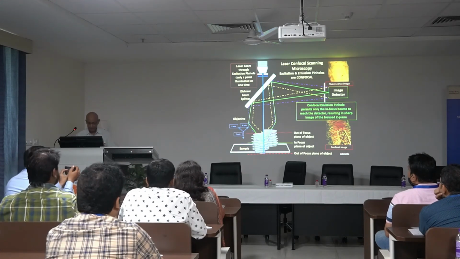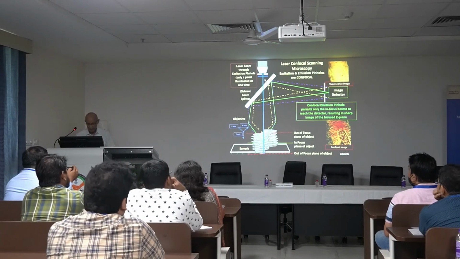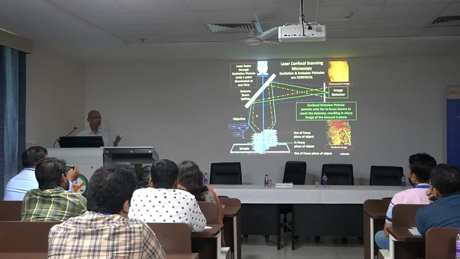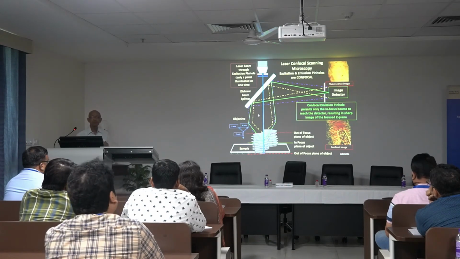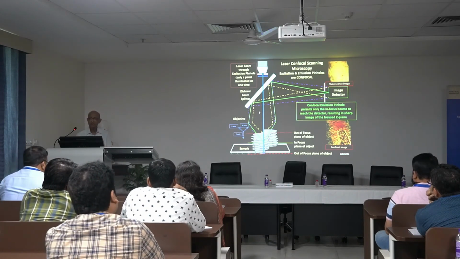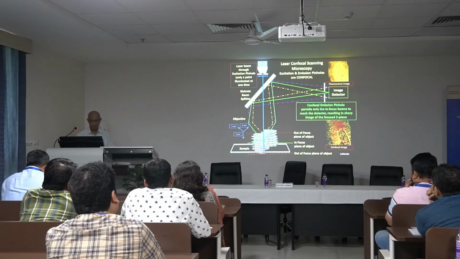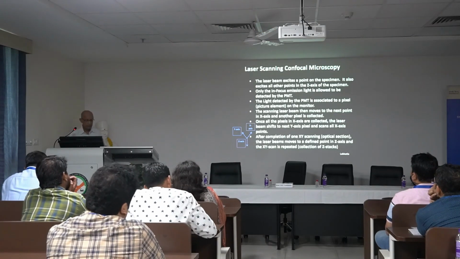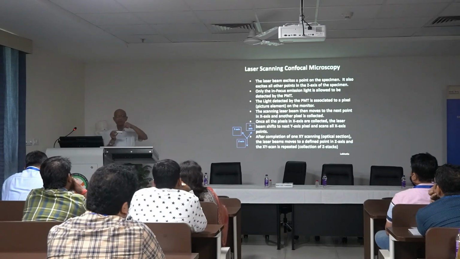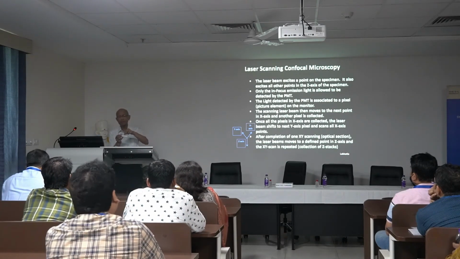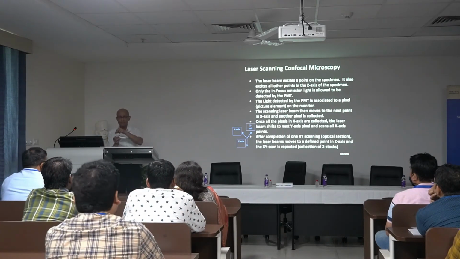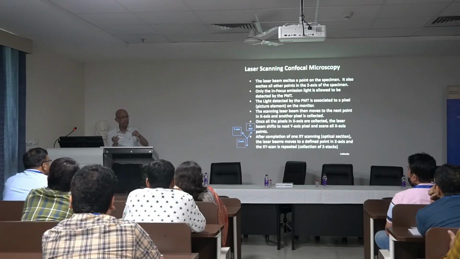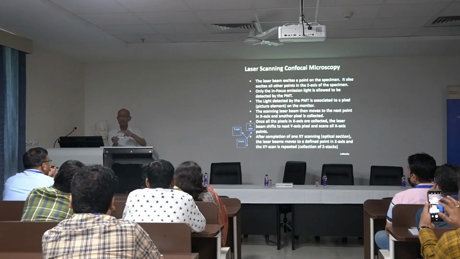So there are light rays in and out of focus, but only in-focus light rays are allowed to reach the optical detection system. And so basically what we do is this beam, the point of light that's coming in, is made to scan along the x-axis, move a step in the y-axis, again scan each point, move again in the y-axis, again scan